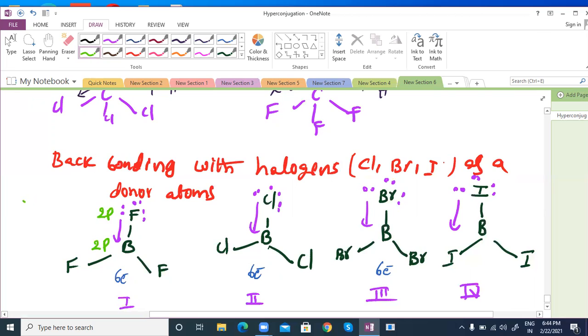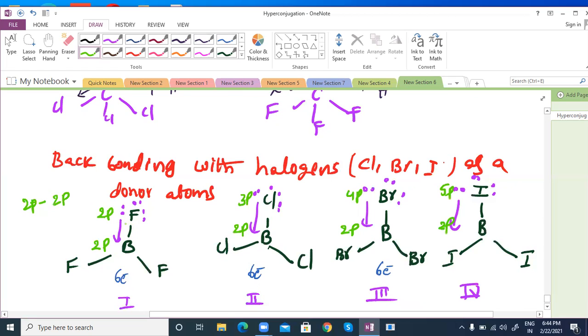We already discussed valence bond theory. 2p overlapping is strong overlapping because the orbitals have the same energy. As a good example, people of the same age can make friendship easily. So only like orbitals will overlap. This is 3p and 2p, and this is 4p and 2p. 2p with 2p is the good overlap, so it's the opposite of what I said. So it will be worst for iodine, and best for fluorine. So this is the best back bonding.